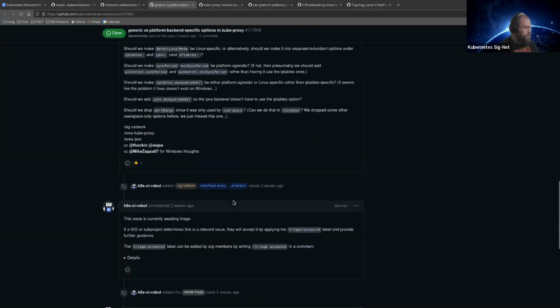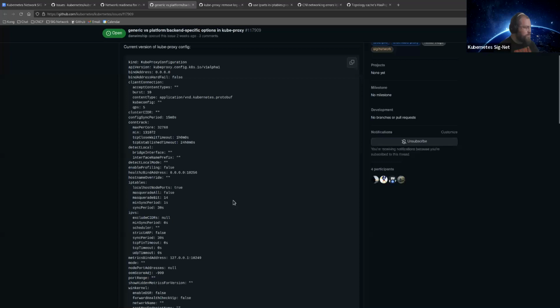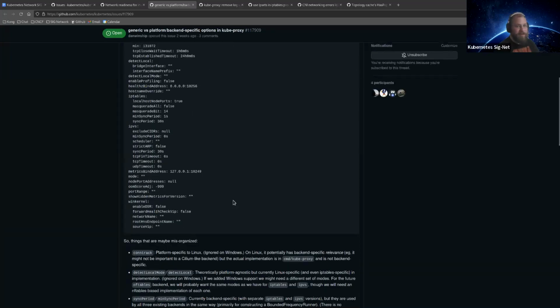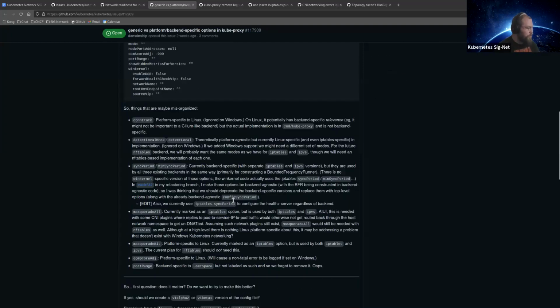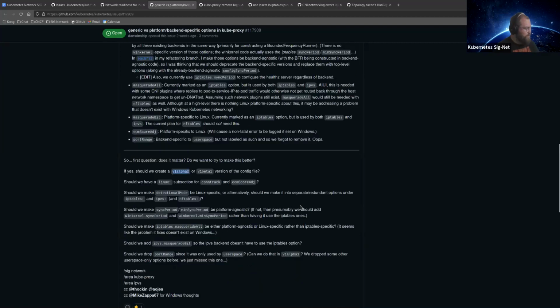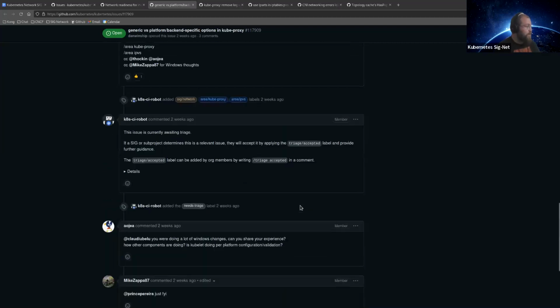All right, so open discussion. Basically, Dan has gone through and identified places in the configuration that could be improved, changed, or otherwise have issues, like they don't really make as much sense in one operating system that we support versus another. Also, maybe we need to get off of the alpha and start saying that we're beta, at least. I think that's a good discussion to have. I'll join in on the discussion here. Anybody else that wants to join in on that discussion? That's 117.909.